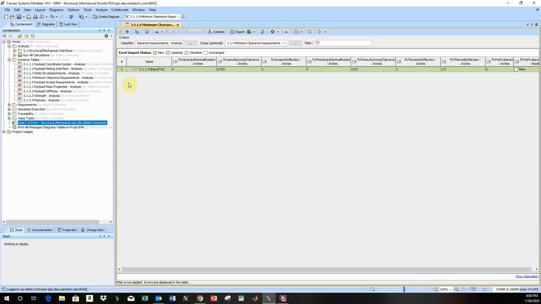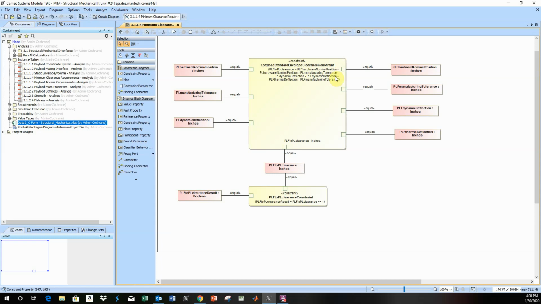So now that I've got an instance in my instance table pulled in from the Excel file, I can go up here to our drop-down menu where I've already built the simulation configurations to run the Cameo simulation toolkit. So I'll highlight minimum clearance requirements, hit the arrow to do run. It opens up the